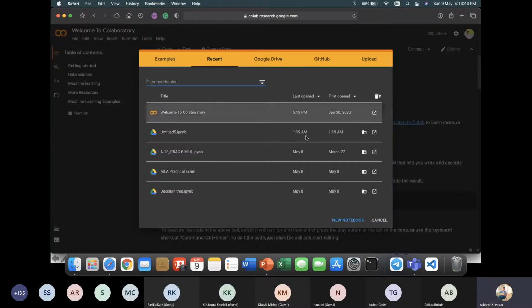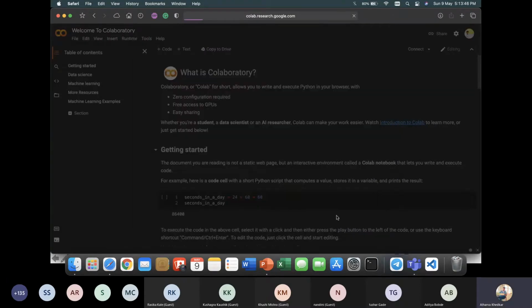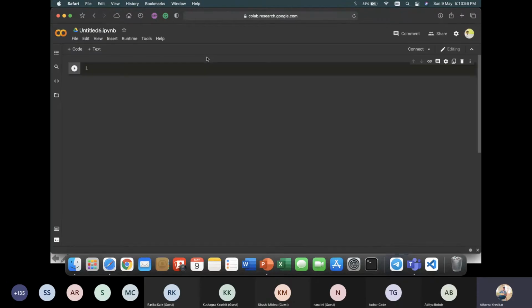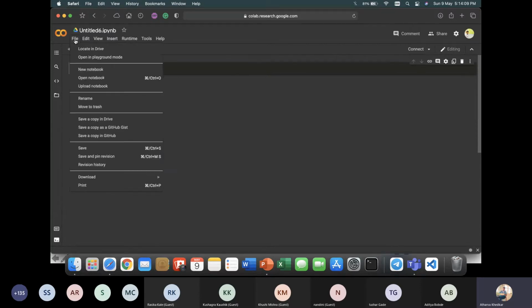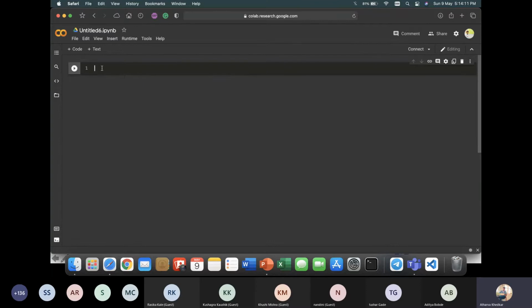Once you go here, you can create a new notebook and work with it. I would be showing you notebooks, giving you an introduction to Python, and showing you some basic commands. If you want to follow along with me, go to colab.research.google.com, log in with your account, create a new notebook, and you will see something like this.